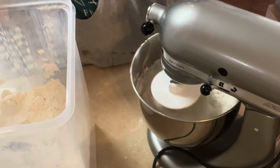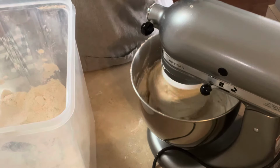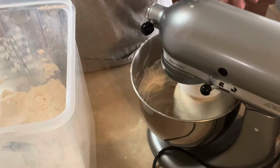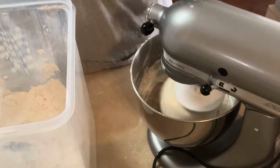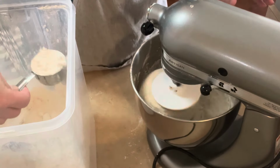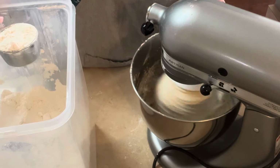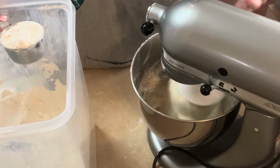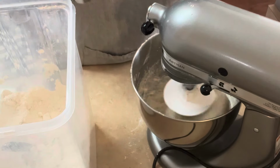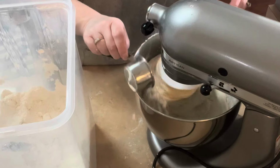So the ball is starting to form, but it's not enough flour to hold it in a ball shape. It still goes back to the sides of the bowl. So we're still gonna need to add some more. And then it says once you get it to a ball, let the mixer knead it for 3 to 4 minutes. And if you have to, add 2 tablespoons at a time to it. So see, this is gonna be 6 1/4